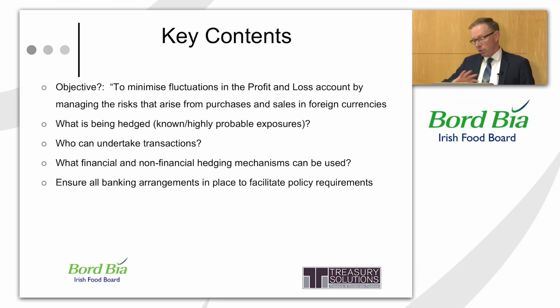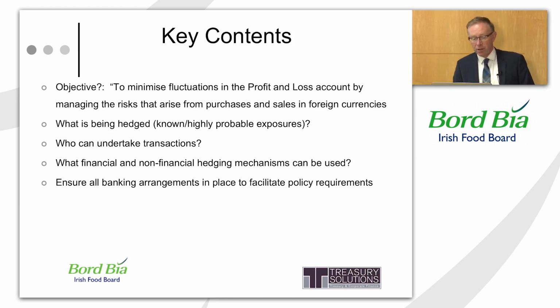And the other thing too is that, of course, as we go out the curve, the probability of certainty of sales or purchases decreases over time. But you can equally tailor your hedging accordingly. So if you think that, let's say, we usually do 100,000 a month in sales into the UK, we're very comfortable that the next 3 months we'll definitely do 100,000. And then after that, we think it's 90% probability, 85, 80%. Well, you can hedge up to 100,000 over the next 3 months, and then only hedge maybe 80,000, 70, 60, 50. You can always layer up again. So the point is, your hedging should track your sales, and you can always have it a little bit less if you want to, where you're not sure about the total volumes of sales.